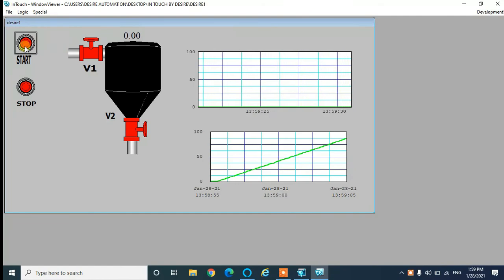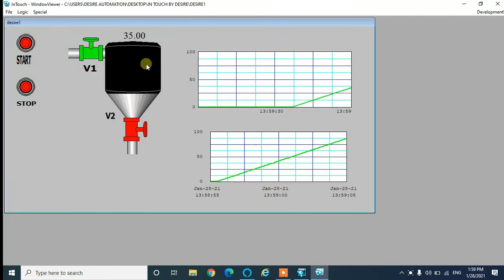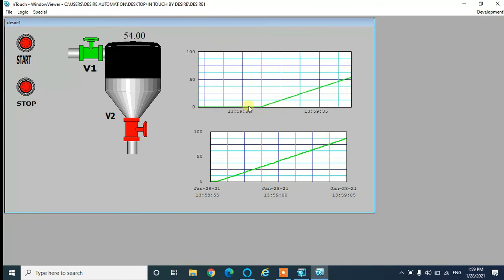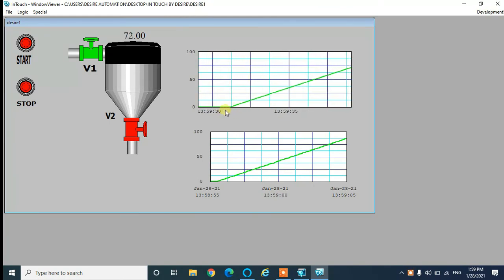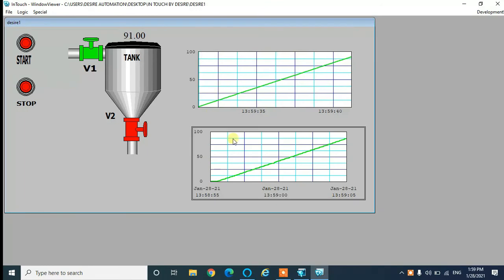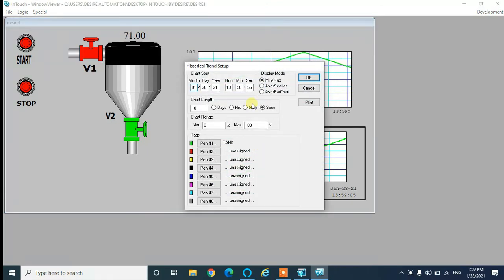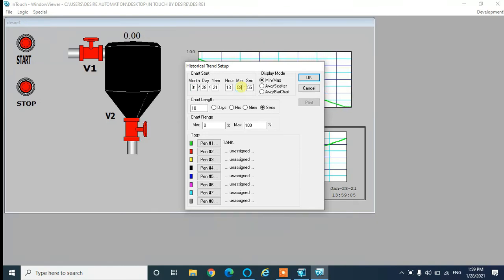So let us press the start button and see when wall 1 is on, tank is filling in upward direction. I just want to see the 13 hours 59 minutes historical value. So for that I will go to historical trend and I will write over here 13 hour 59 minutes. So I can see the historical value at this time.